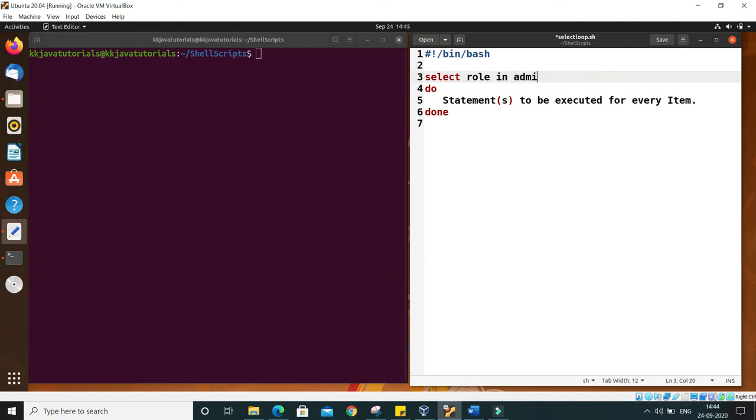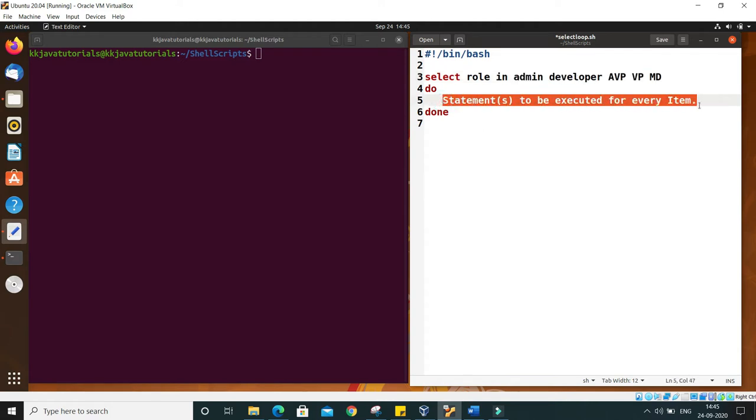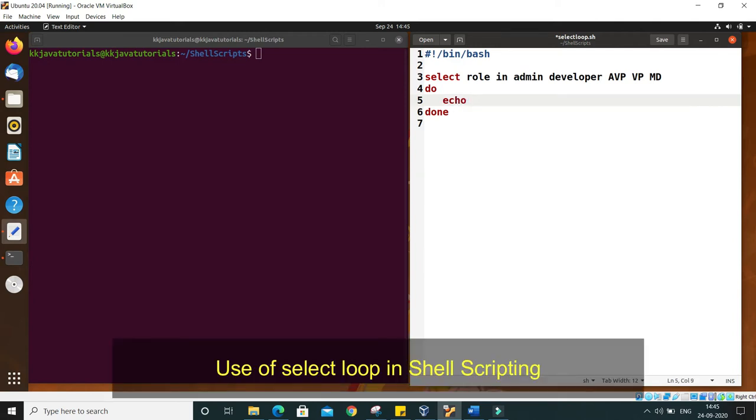Let's say one of the roles is admin, then a space, then developer, then AVP, then VP, and then MD. These are the list of roles which I have separated with a space, not with a comma. And just for this demo, I'm going to just echo the selected role.